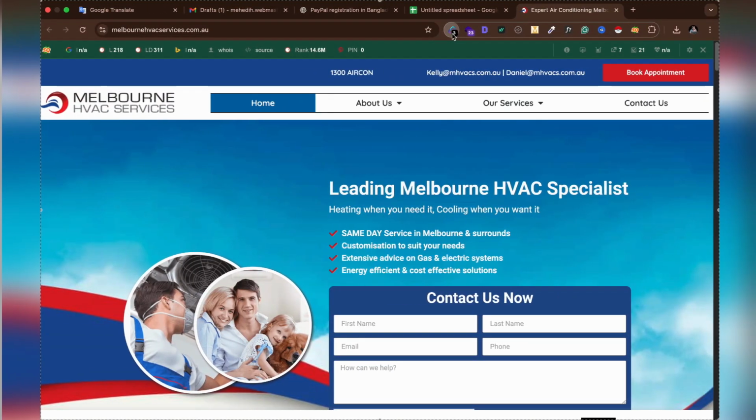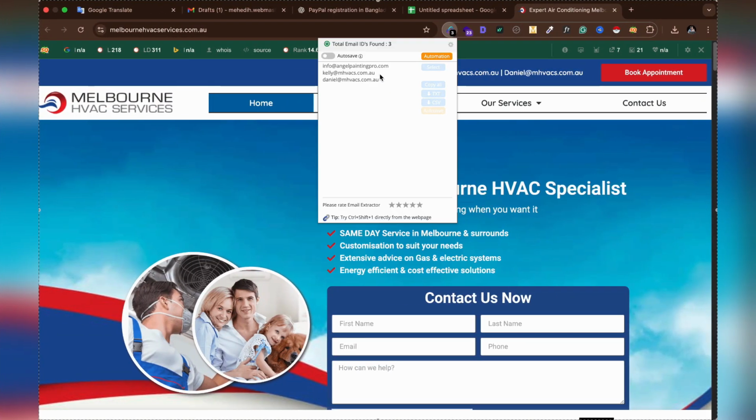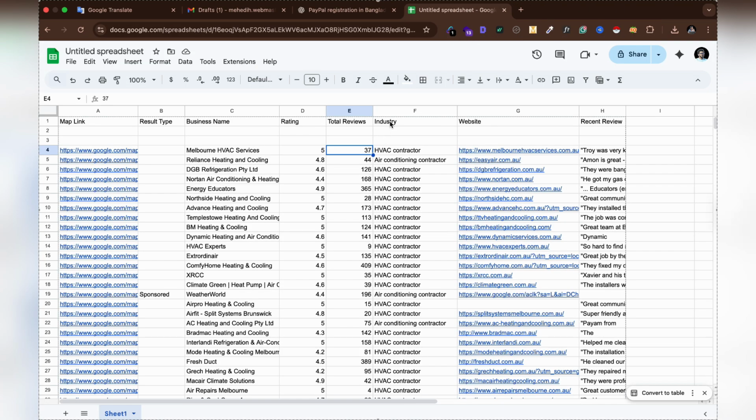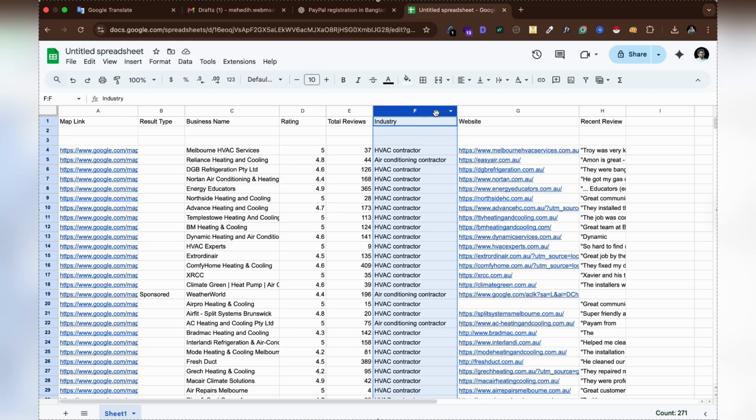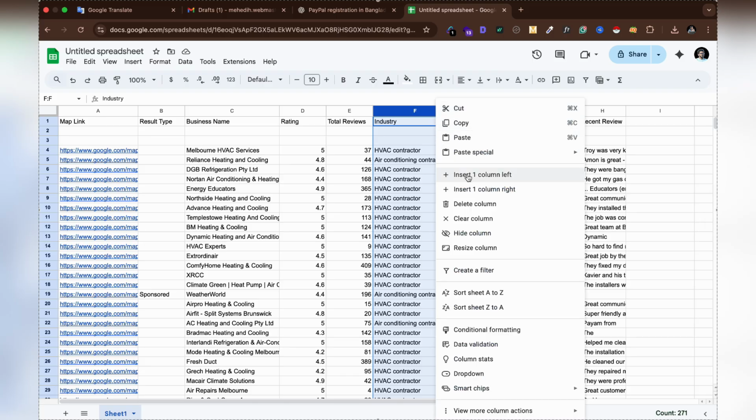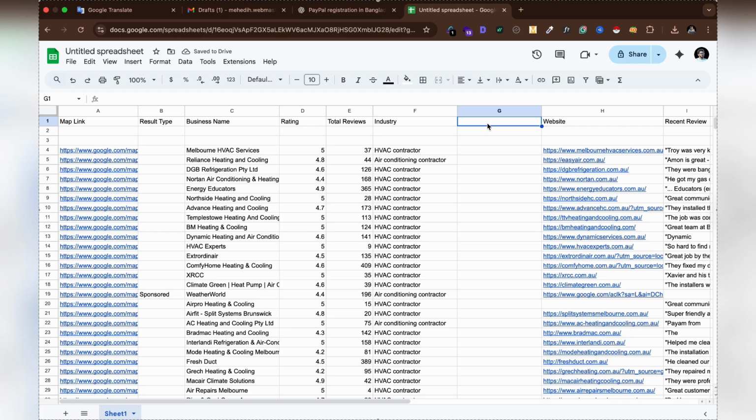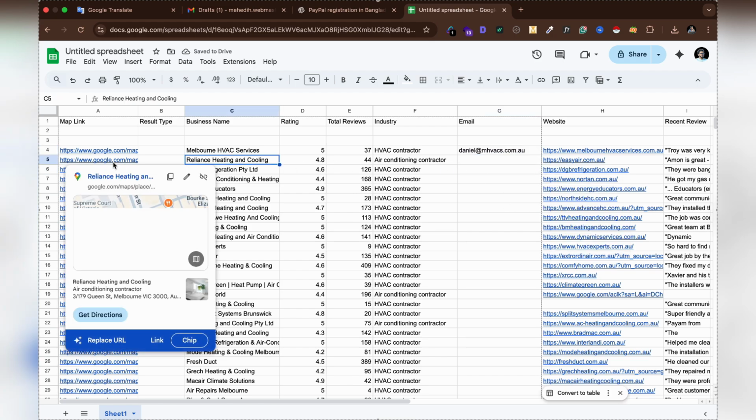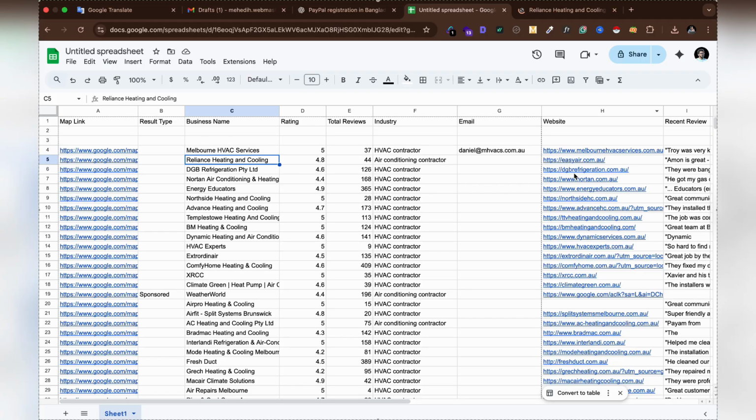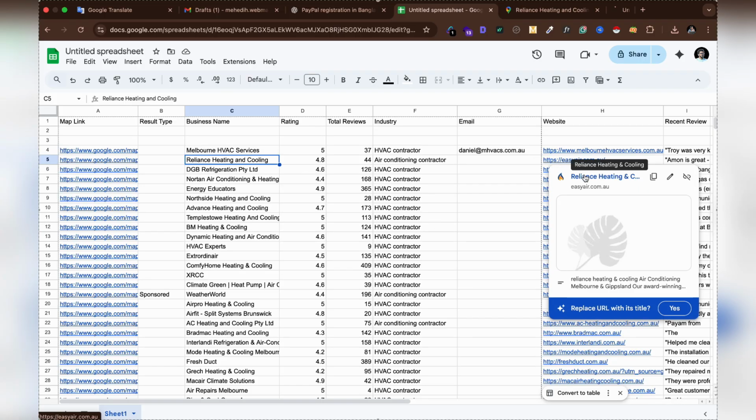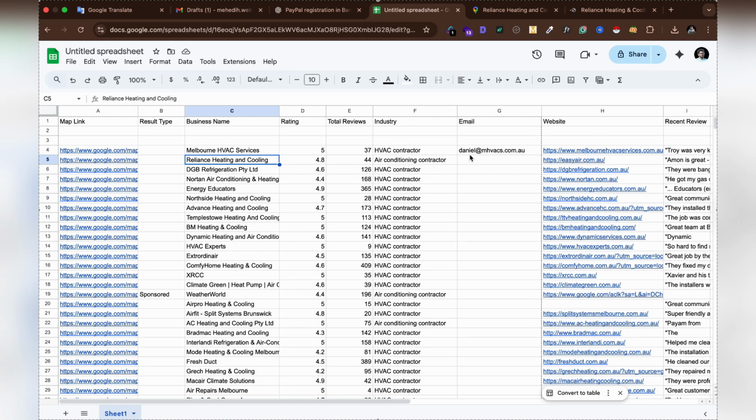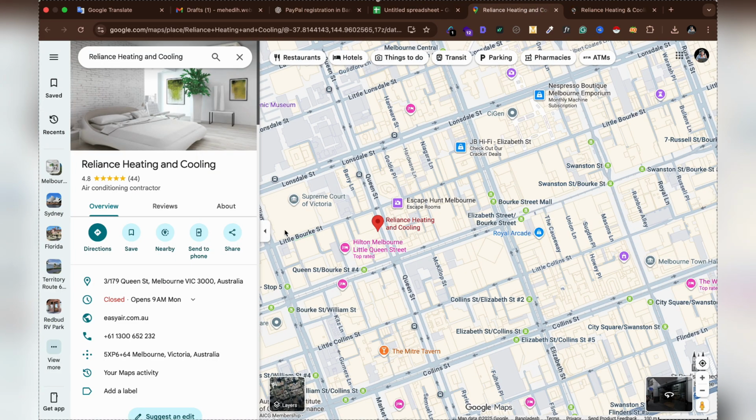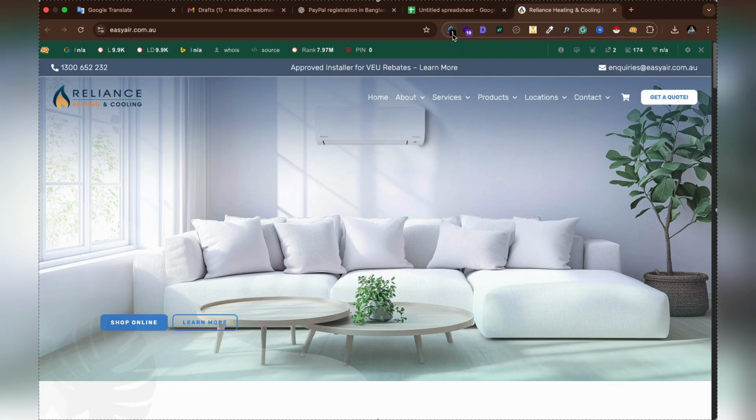So we will copy the email address and paste it after inserting a column here with the name email. But keep it in mind, when using the extension after visiting a website, you have to give it some time to scan the web page to collect the email address. Okay, here what we are going to do is collect all the email addresses from each website,